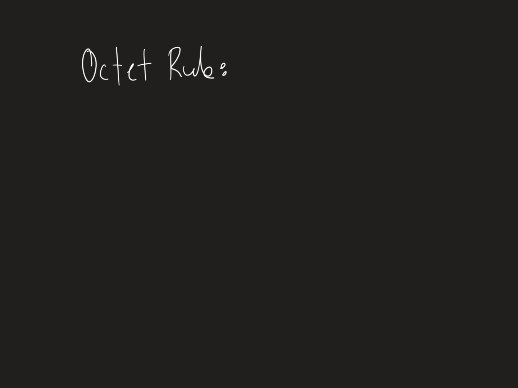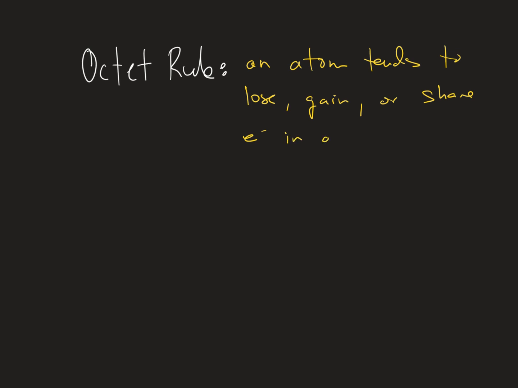And the octet rule states an atom tends to lose, gain, or share electrons. And what electrons are they losing, gaining, or sharing? Valence electrons. In order to achieve,